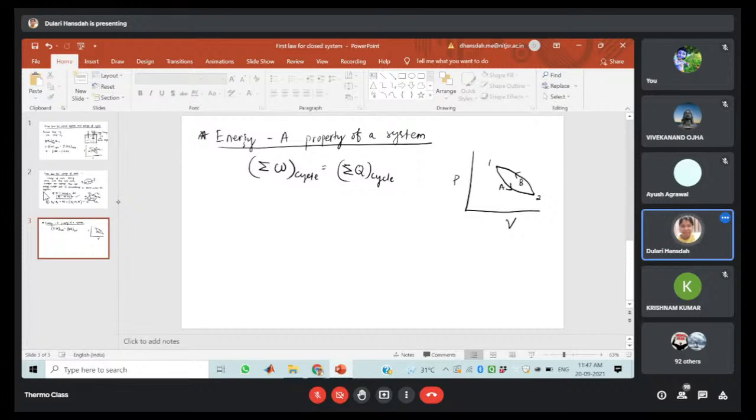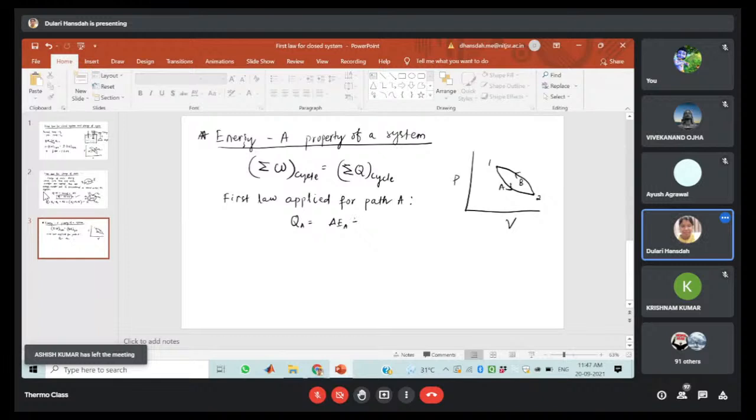Suppose we are considering the individual process 1 to 2 by following the path A. For the path A, we are applying the first law. So in this case, the equation will be QA, that is your delta EA, plus WA. So similarly for path B,